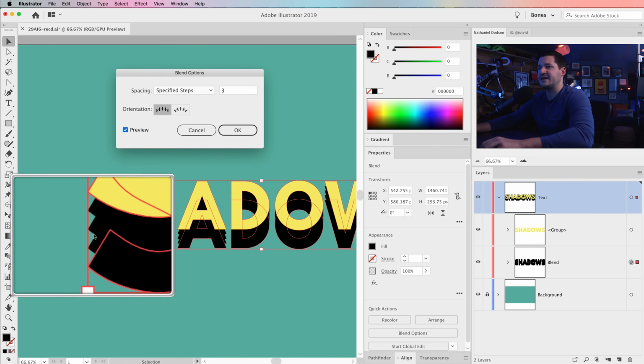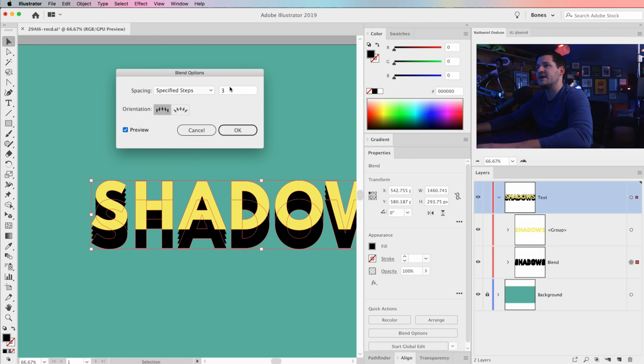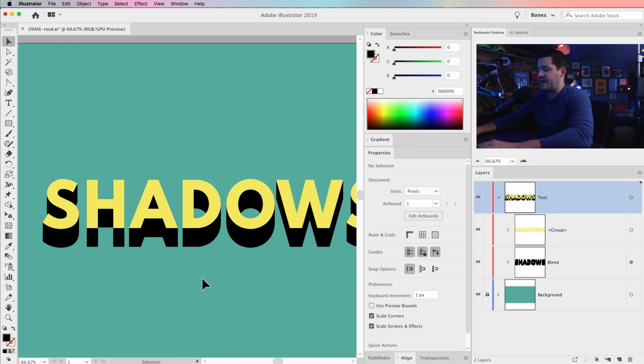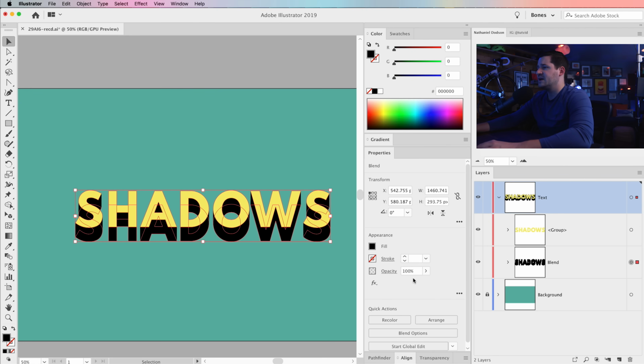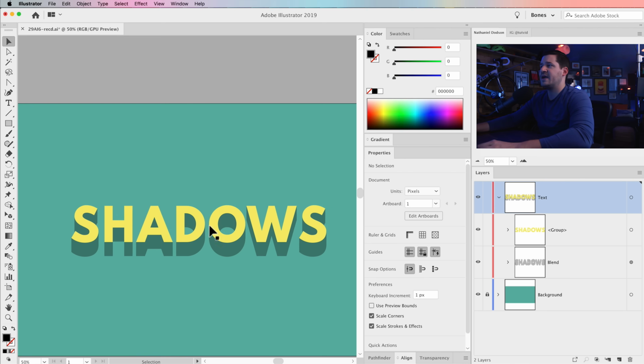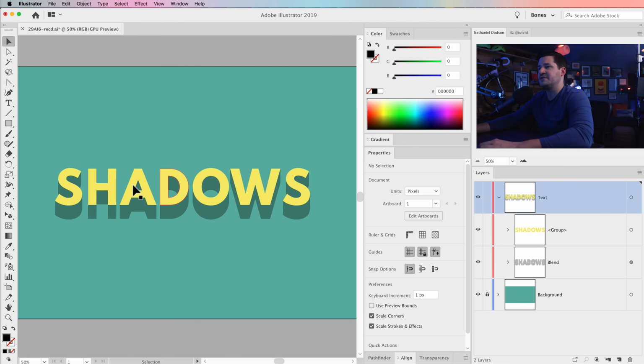So you're probably seeing something like this, and it's all choppy and funky and wonky. Well, we probably don't need 250 for this small little span that we're bridging. Maybe 35 will do the trick. You can see there, Illustrator has to create many less steps, and we get the same exact effect. We can hit OK, and there we have it. Now, of course, there's a lot you can do in terms of controlling this. We could take the blend, and we could say, hey, entire blend, go to 30% opacity, boom, and we have this shadow. And you can use your navigator panel or something like that to really get a good look at how the text is looking.